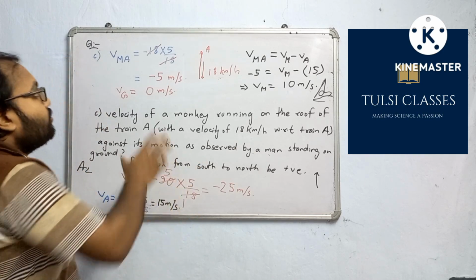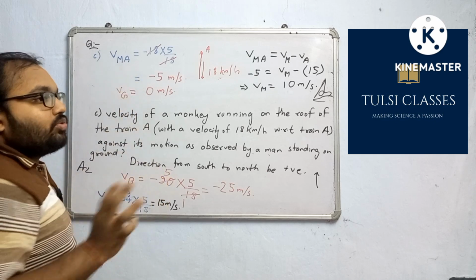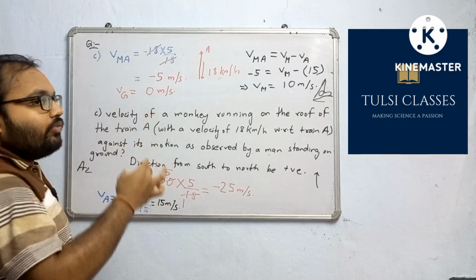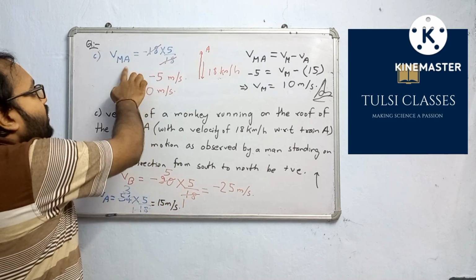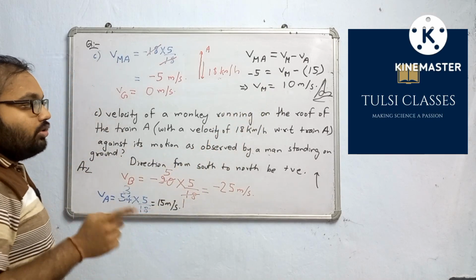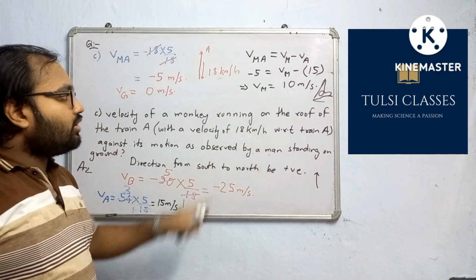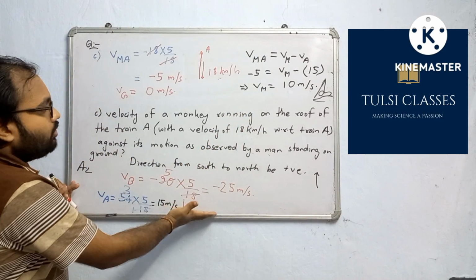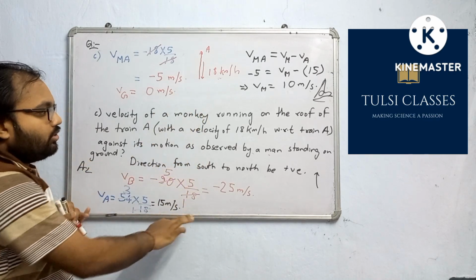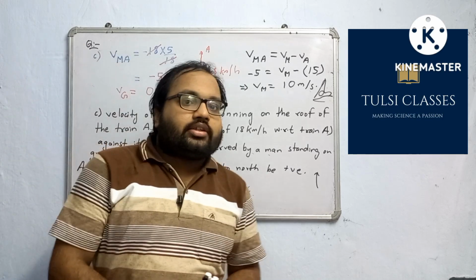What I want to say here is that VMA is given. Actually, in general, we need to find VMA or VAB, VBA, but here VMA was given. We have to find VM, the velocity of the monkey with respect to ground. That's what I was telling, that this is important. So you can have a look. The parts B and A I have erased. You must have noted it down. Now that's all about today's class, relative velocity.